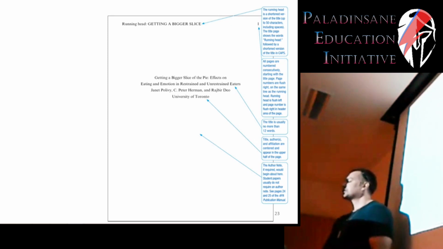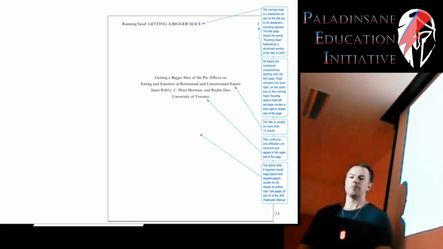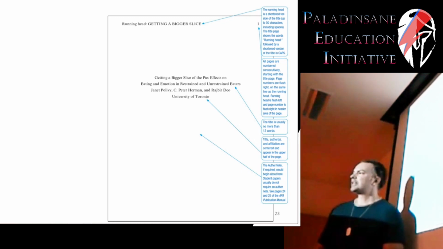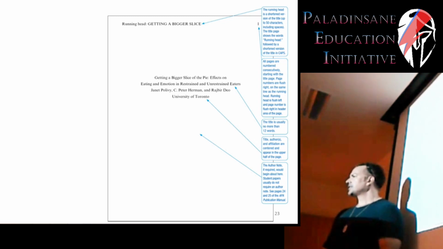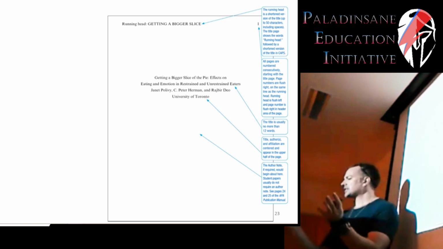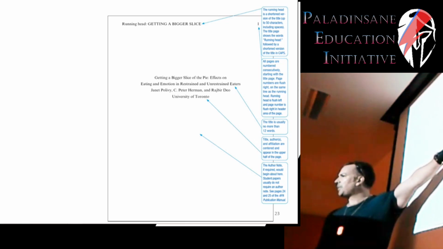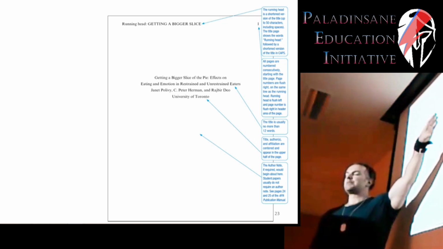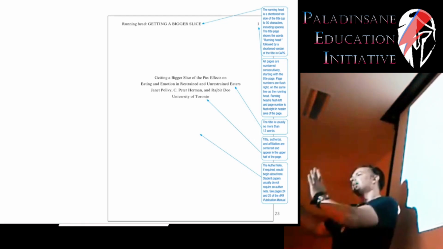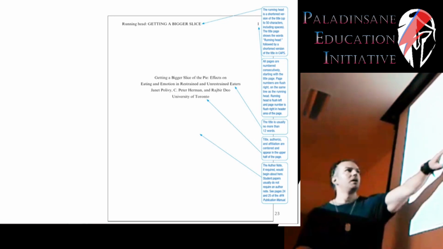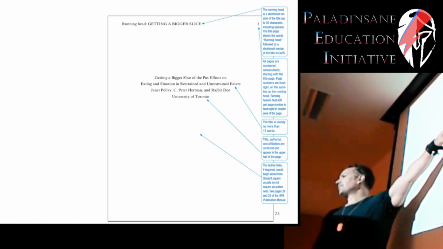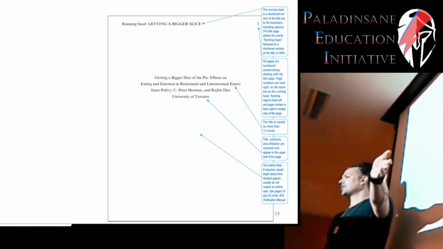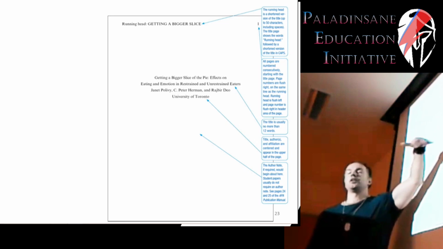So when you read a published article, it's published in APA style, but different journals will have different publication styles. There's no title page in the journals that are published. So this is what's known as manuscript form, and then you have the other published form. We're going to learn manuscript form because unless you become an editor of a journal, you don't have to worry